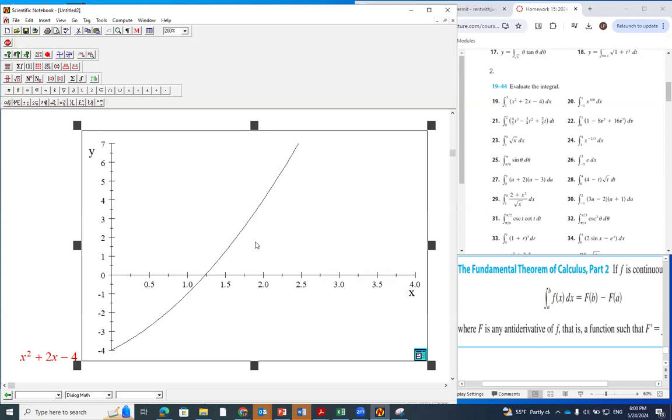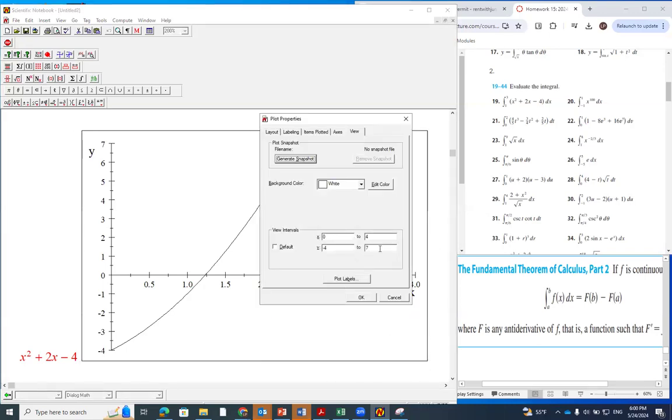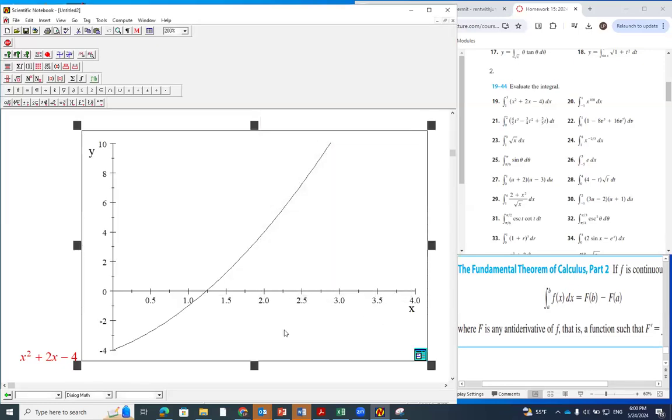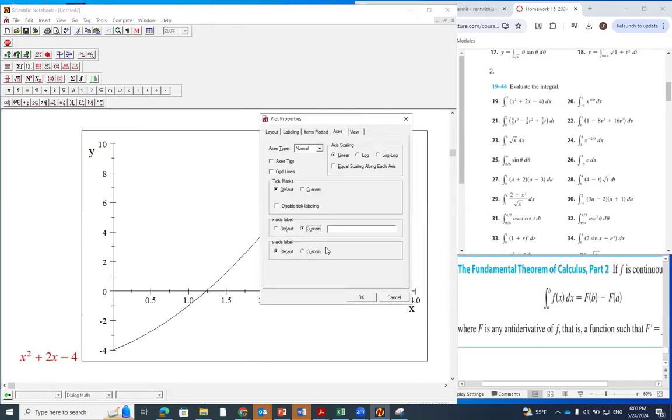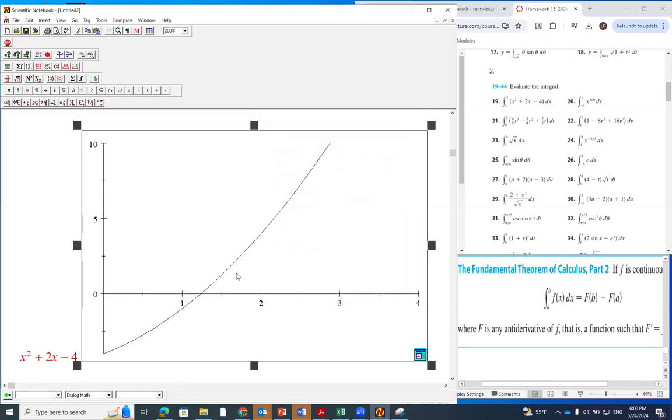Let's see if that works. 1, 2, 3. Obviously, we need to make some adjustment again. Say 10. Let's see if that works. 1, 2, 3. You can see that x equals 1. I'm just going to make a little bit of adjustment so you can see better. 1, 2, 3. For this function, when x equals 1,